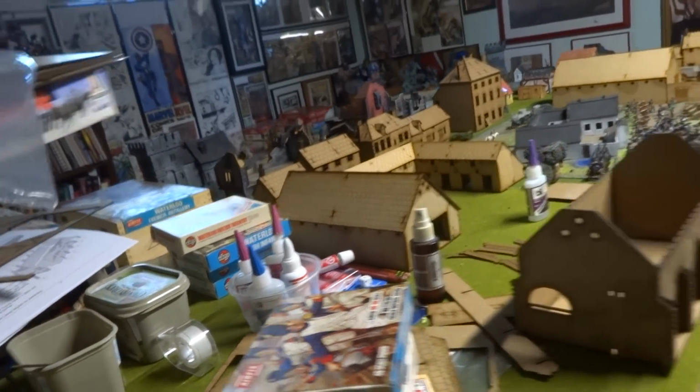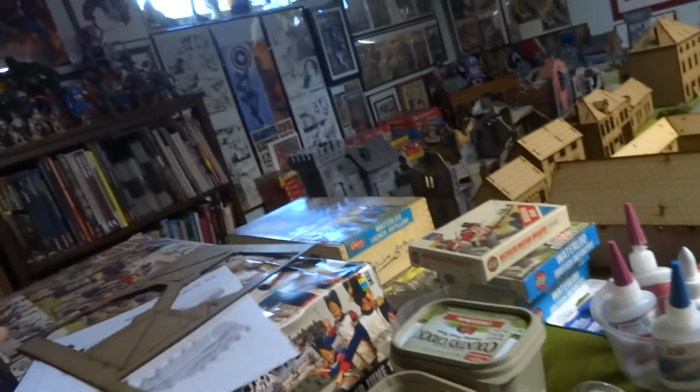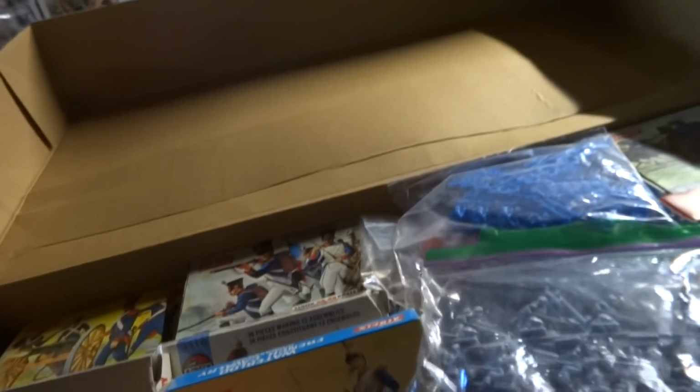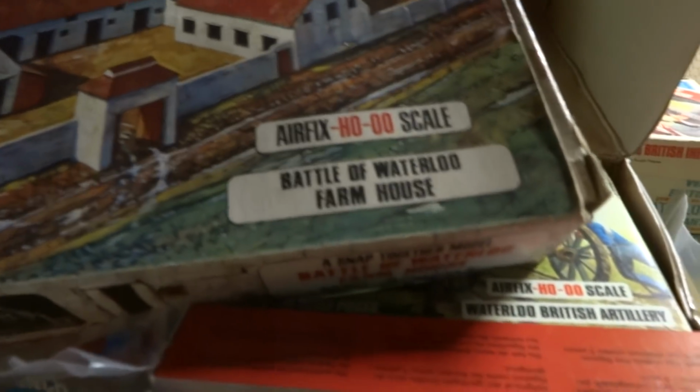Now, I completed my collection of FX boxes and figures. I had to order some on eBay. I spent like $40, but I completed it. I needed my French foot. I needed my cuirassiers. I needed my Highlander infantry, and I needed my hussars. I got them. But what I noticed is the fact that the old boxes have FX HO scale,